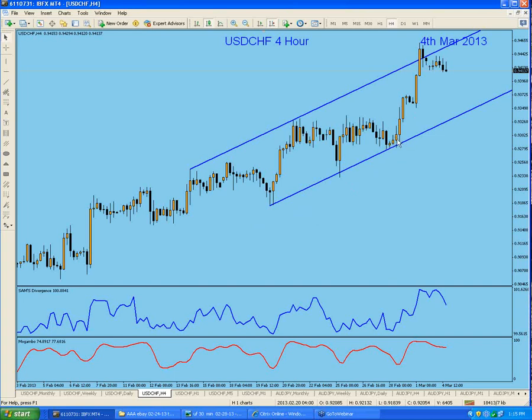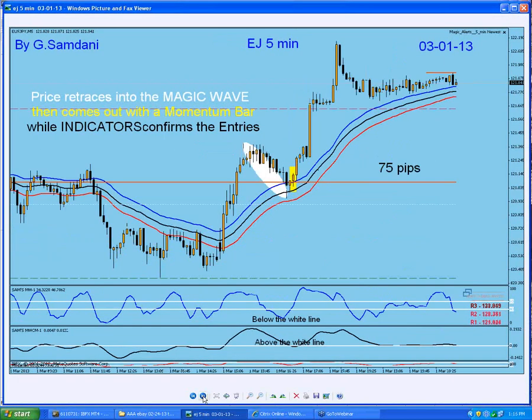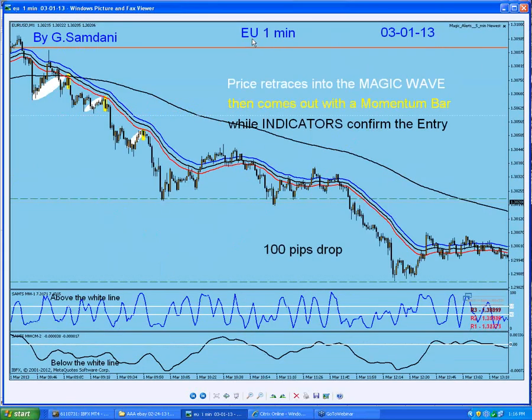This was the entry, 30 minute. Okay, so every single trade has a reason behind it, and this is EJ 5 minute, a nice bounce from here. And this is EJ 1 minute coming down again. Not EJ, sorry, Euro USD on Friday. Beautiful entry here, all the way down. So 400 pips. So these are the entries, and believe me or not, the support, resistance, and trend line and